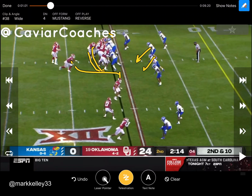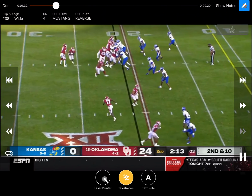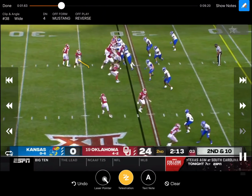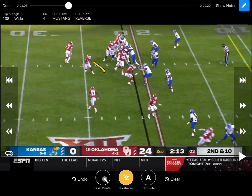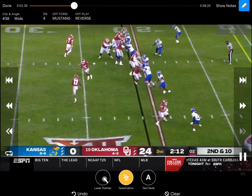They're in a 2-back set, so that back leads right there to make sure that there's no edge pressure. He's going back for anybody that may be trying to chase the reverse guy. And as soon as the ball snaps, he's coming in that reverse. And you can see what I really like right here is the running back does a really good job of selling it. His eyes are downfield, like he's trying to make a cut. And you can see he even jabs at it, and then he goes right there with a soft